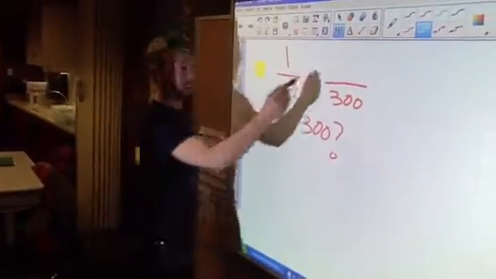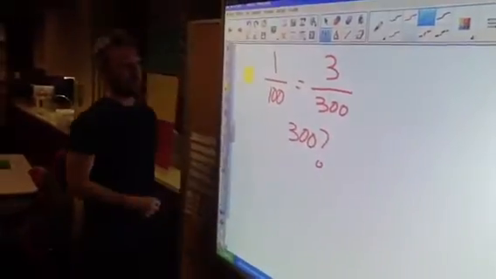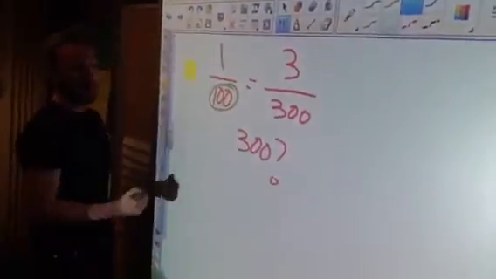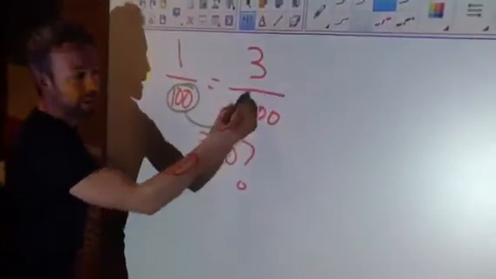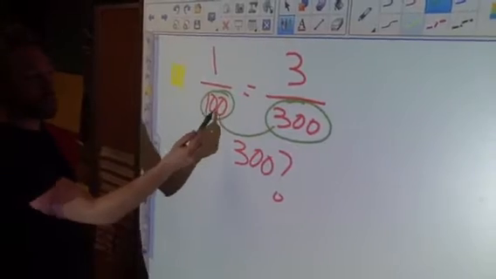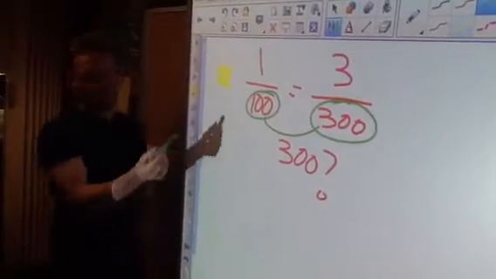Yes, eso es, Mr. Burns. They're equivalent. I was trying to explain that. Porque si tenemos 100 here, we need an equivalent fraction with 300 denominator. So, what you do to the top, you do to the bottom. What you do to the bottom, you do to the top. I've heard that before, Mr. Burns.